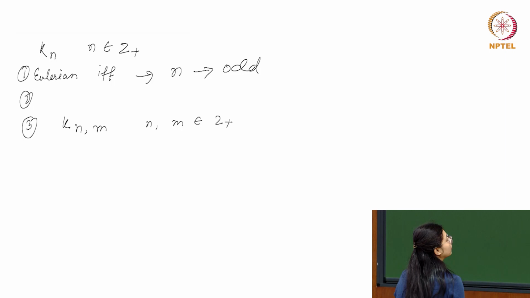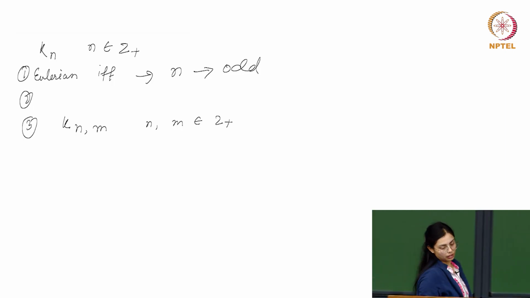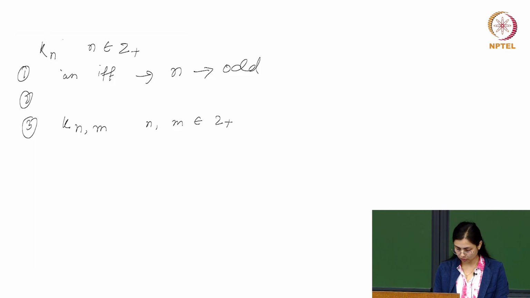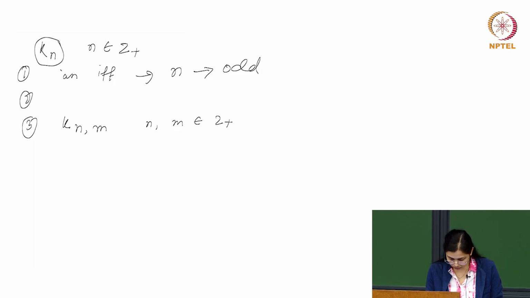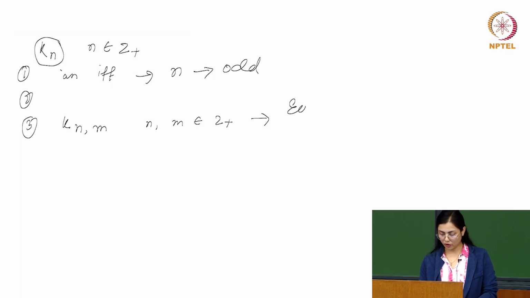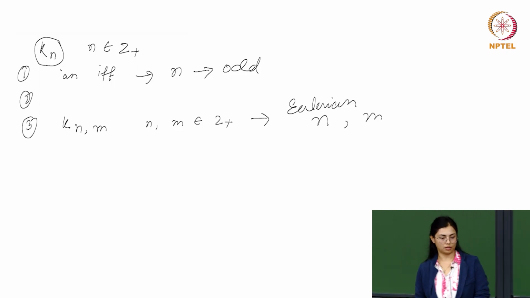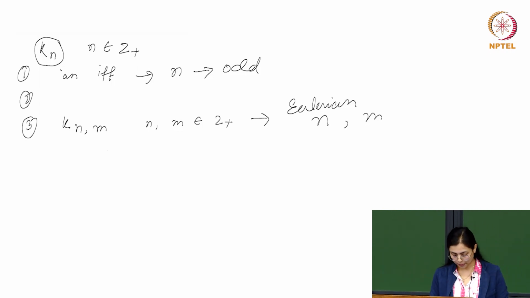No, I'm asking about that for question 3. So like this is for a complete graph, right? If you have an Eulerian, then both are even, right? N and M both should be even. Okay, and for Hamiltonian,